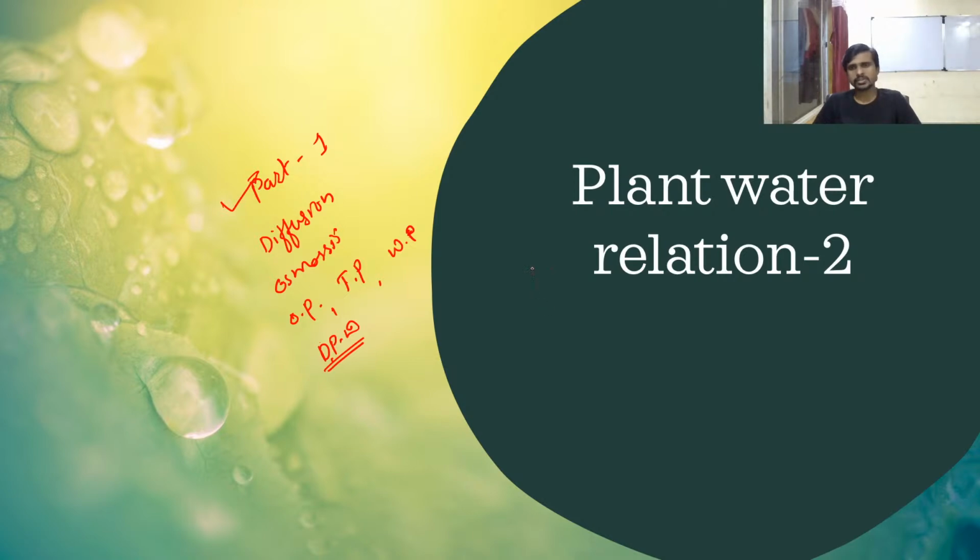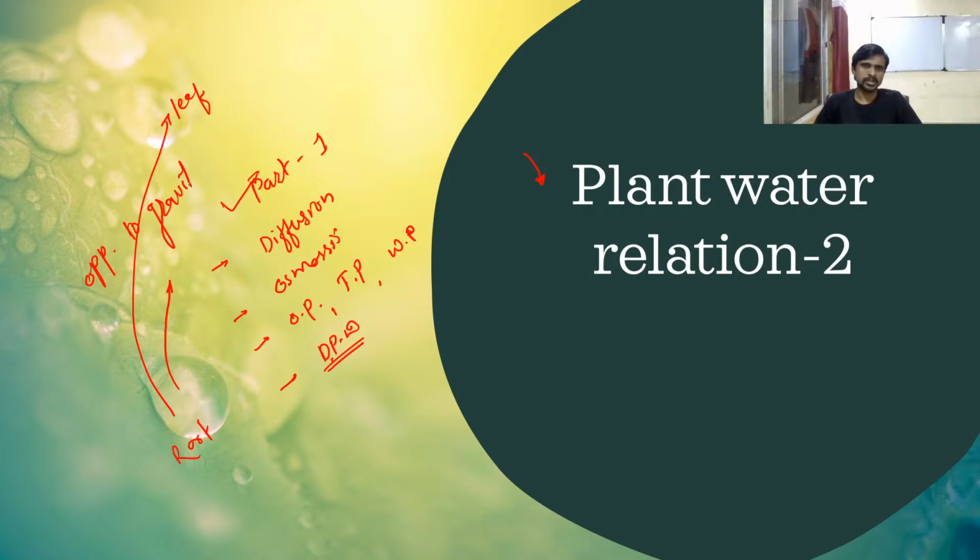Okay guys, let's concentrate on the second part now. How do these concepts help in the movement of water from the root to the leaf of a plant? How does this water move opposite to gravity? It is opposite to gravity, and the plant does not have any heart like a pump there. It is without pumping action. So how is it possible?